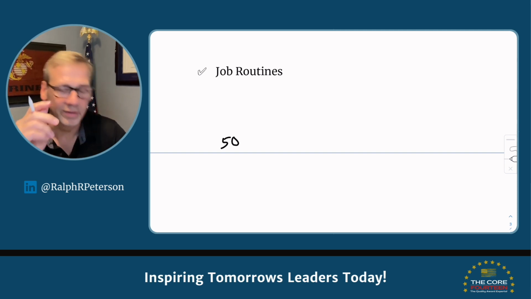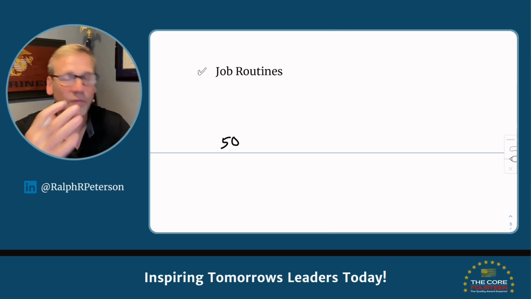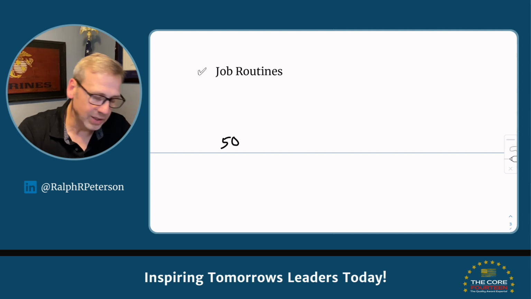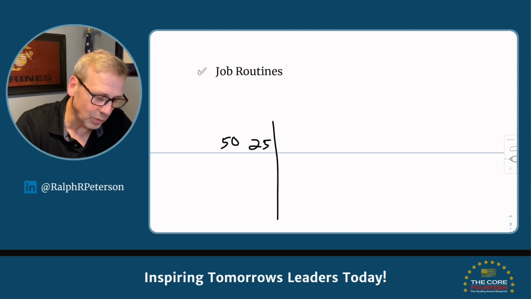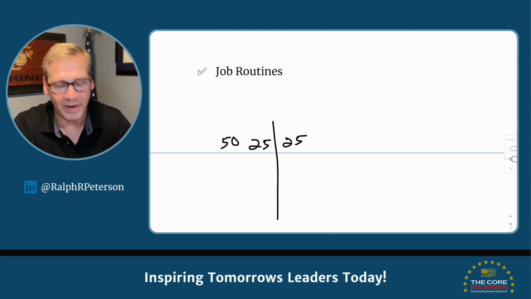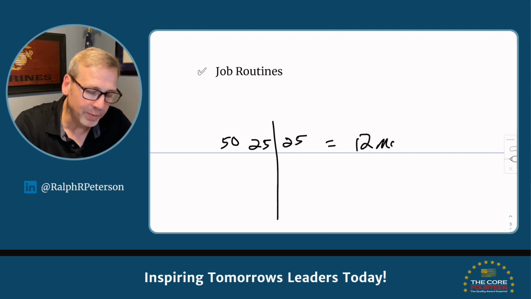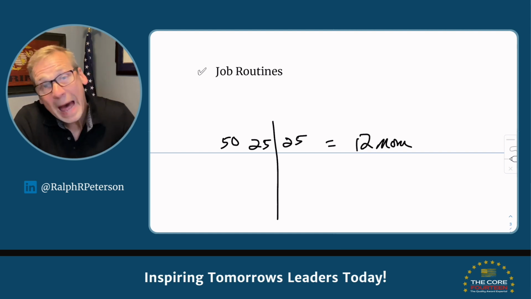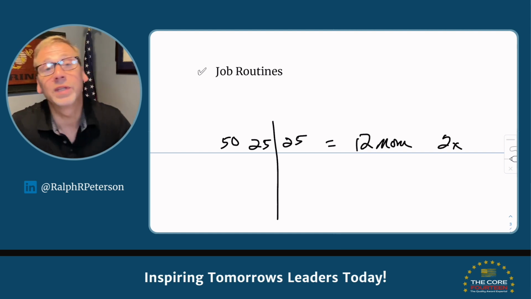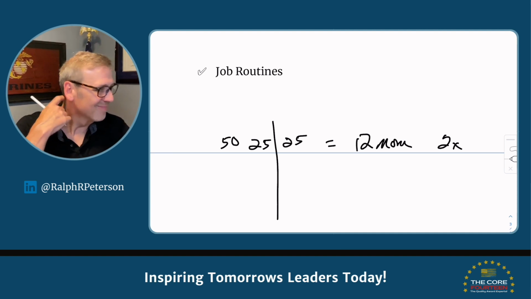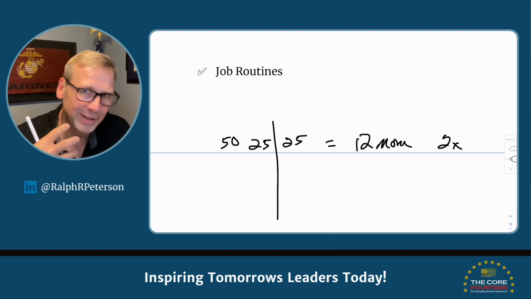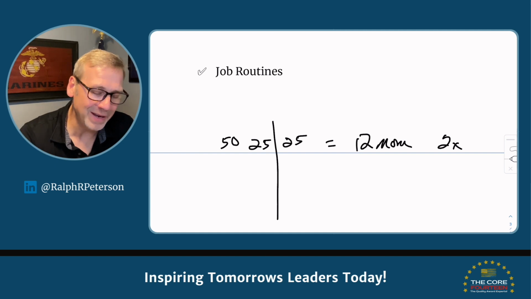Actually, let me say 2 things. One, that's not helpful because if you only have 2 teams, then you're going to ask 2 teams to each evaluate 25 things over a 12-month period of time, which may not be terrible because that just means two things a month. But for my money, my experience, the sweet spot number is